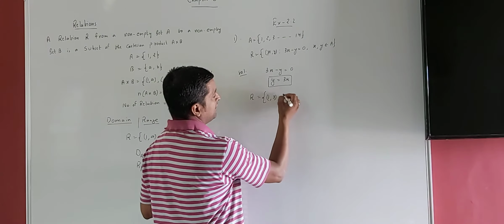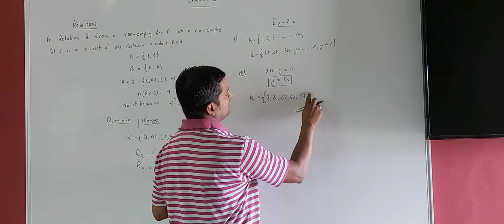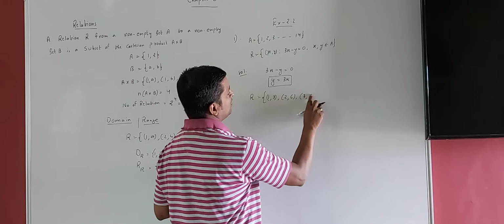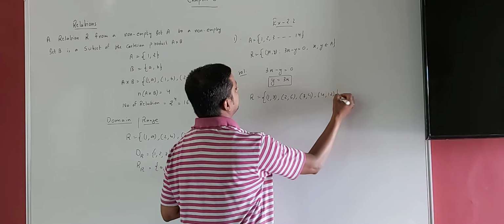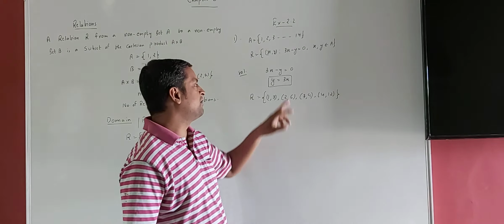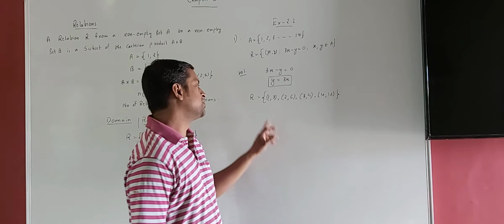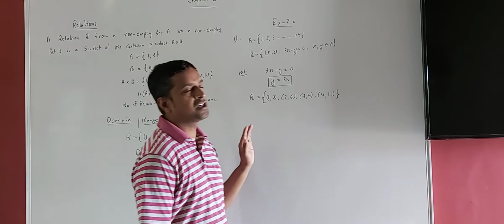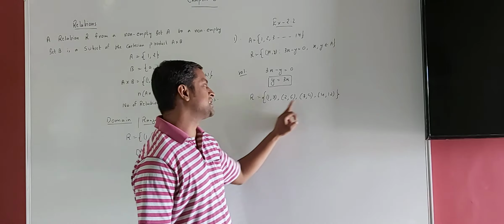Correct. Now if x equals 2, y equals 6. x equals 3, y equals 9. x equals 4, y equals 12. We cannot take x equal to 5. Now if we take x equal to 5, y equals 15. See, 15 is not present in the set. So this is the relation only. If this question comes for 4 marks, for writing only this part you will get 2 marks. So this is the relation.